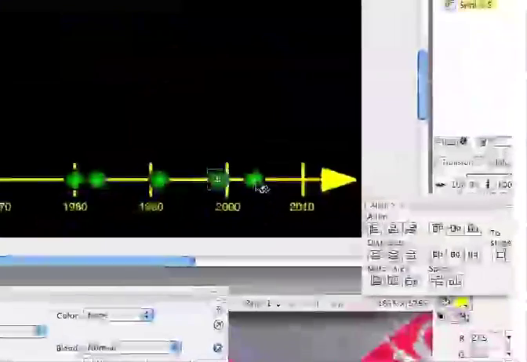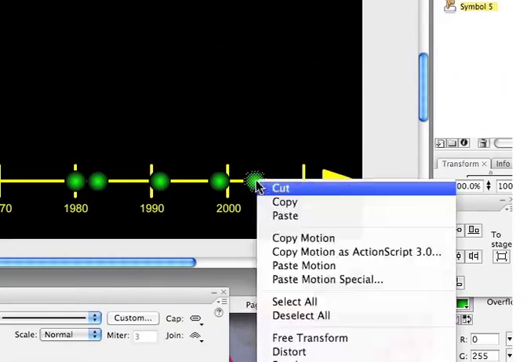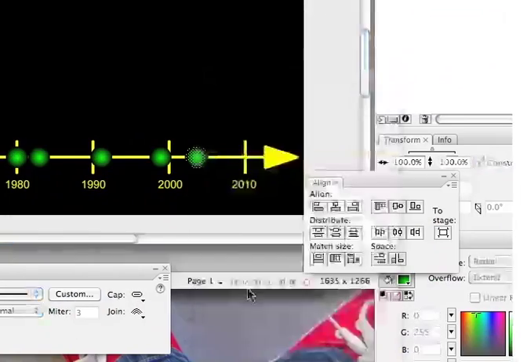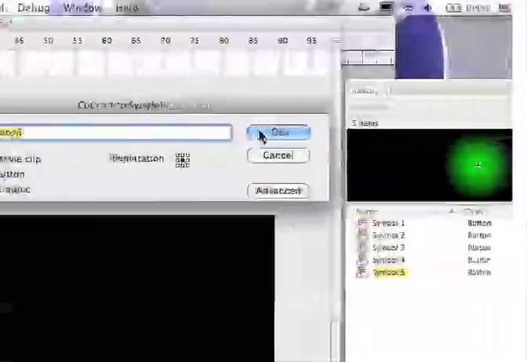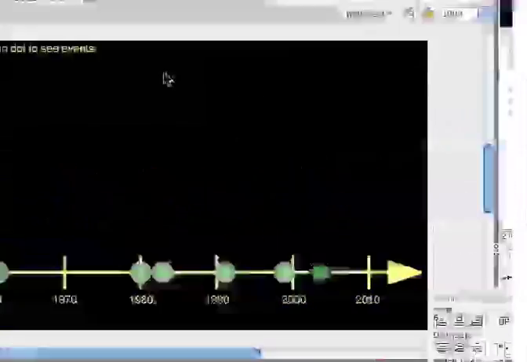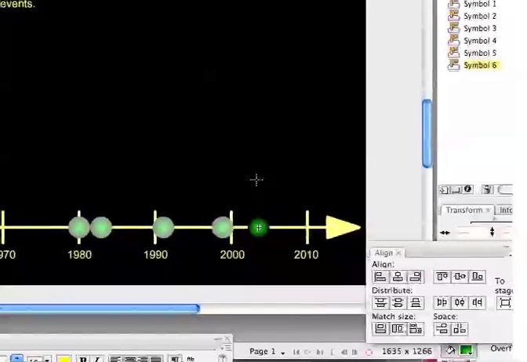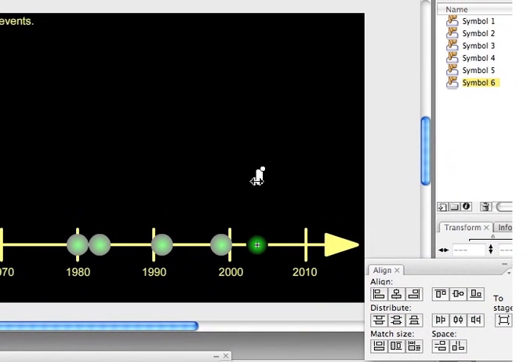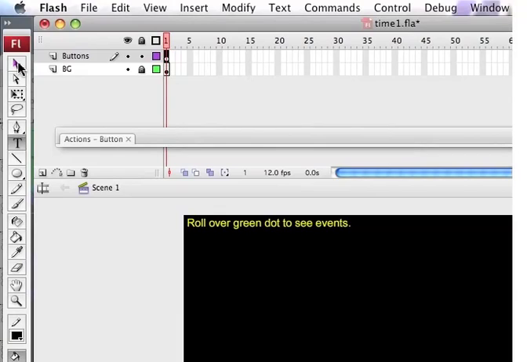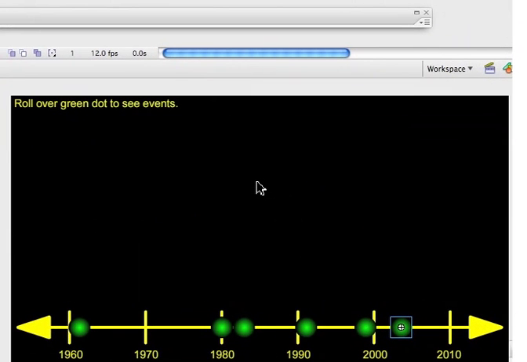One more to go. Almost done here. Double click, right click, convert to symbol. Symbol 6 is a button. Double click, right click, keyframe, right click, keyframe. Get the text tool, center above, and put wedding day, and that's November 11th, 2004. And I can get out of there, get my black pointer, and then if I hit Apple S to